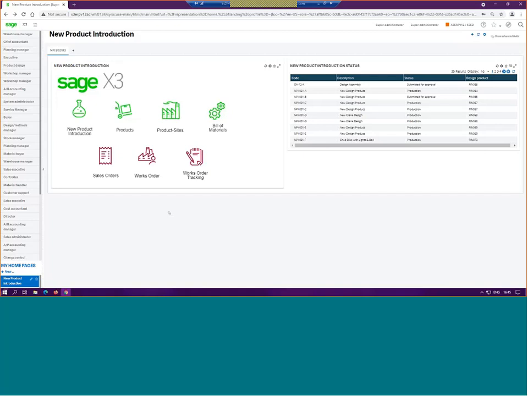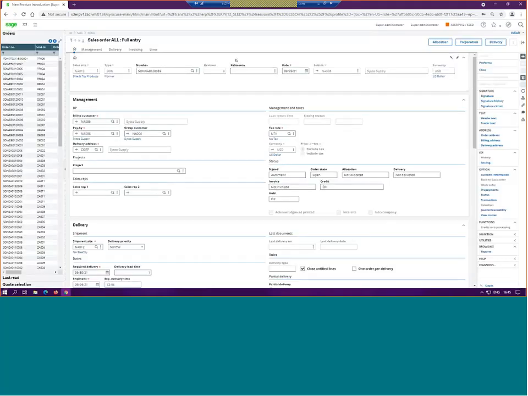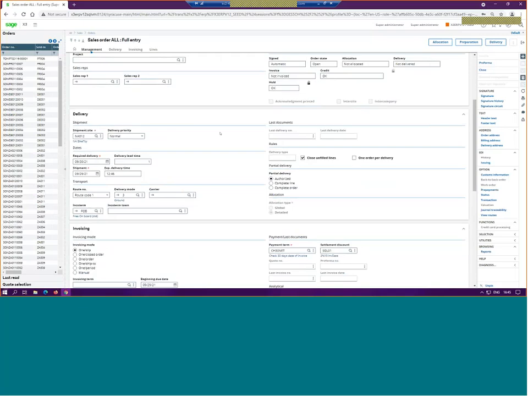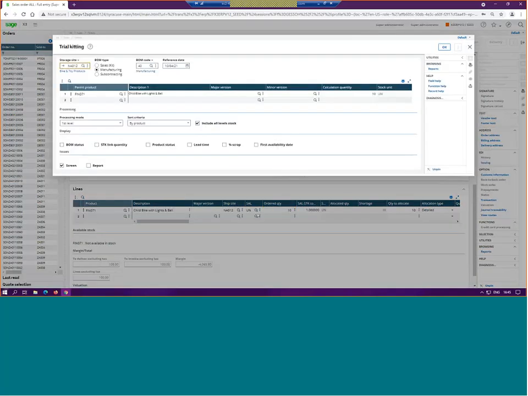So if I bring up X3, and we'll go and look at a sales order. So we've got a sales order here, and it's for a product bin 071. And we've got an ordered quantity of 10 on this sales order. So I click on the action button next to the quantity. We've now got this trial kitting option available. So I can click on the trial kitting, as I may want to check I've got enough